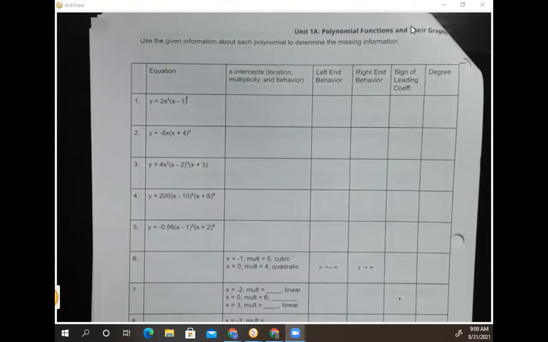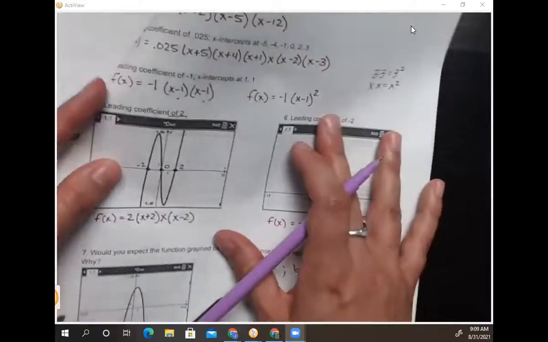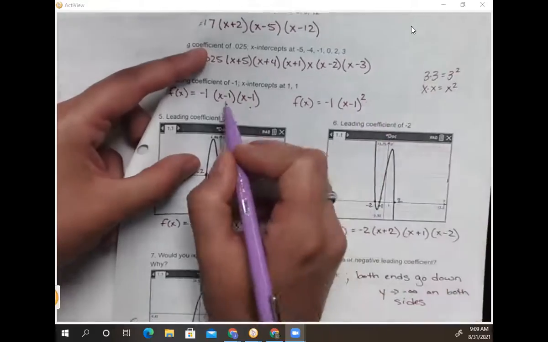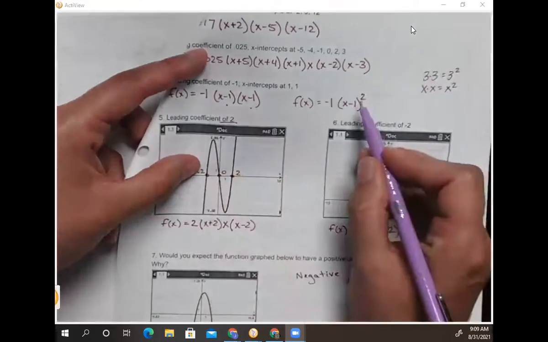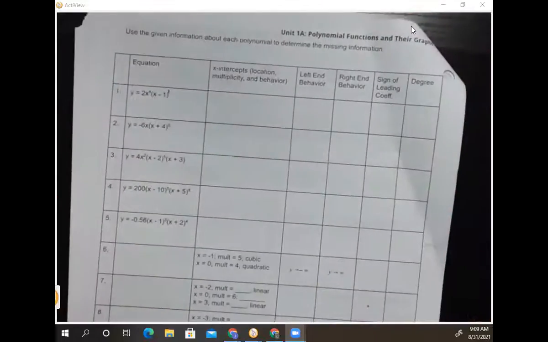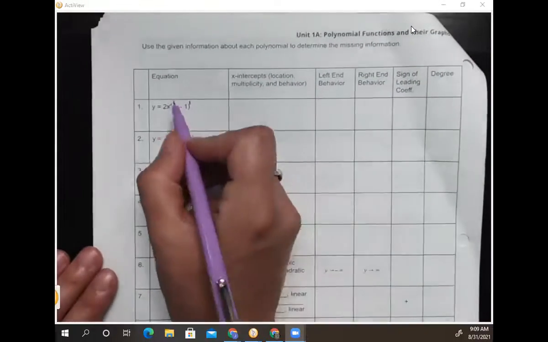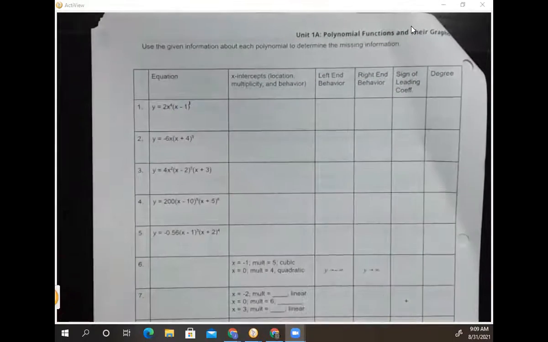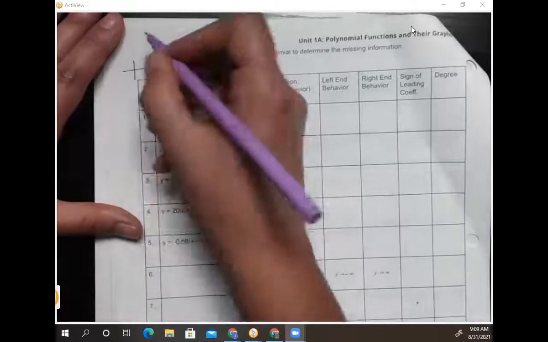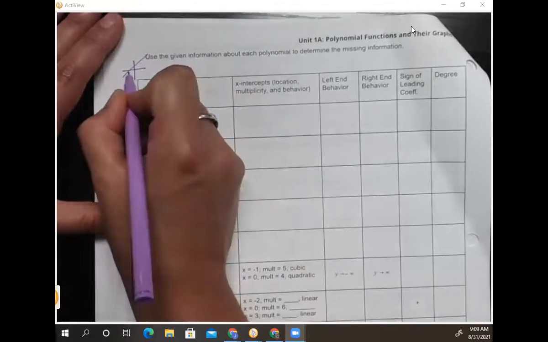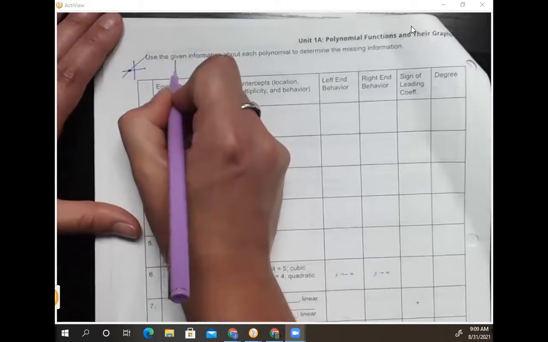We talked through one of our examples last time about how we could have an exponent if we saw the same factor more than once. We would represent that with an exponent. But in your notes last time, you looked at how that exponent impacts the graph of our function. So we've seen x-intercepts before that generally just look like a line passing through, or even when we looked at